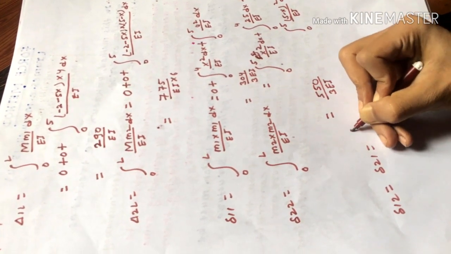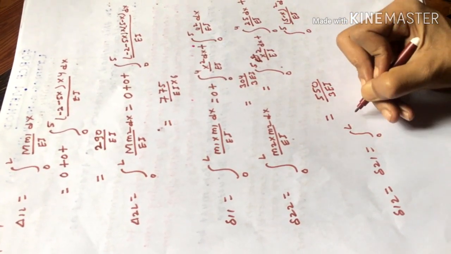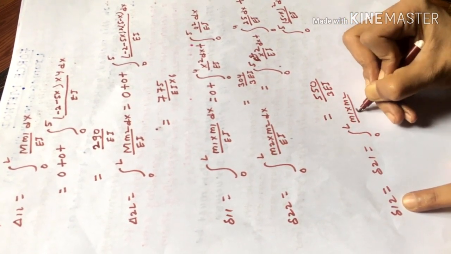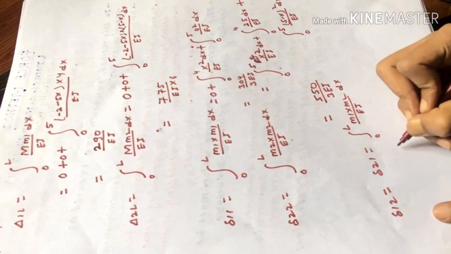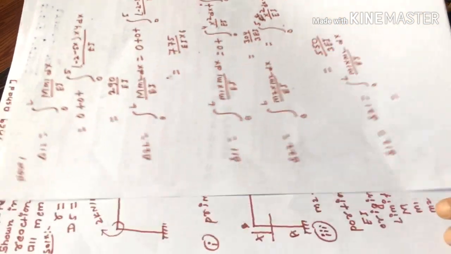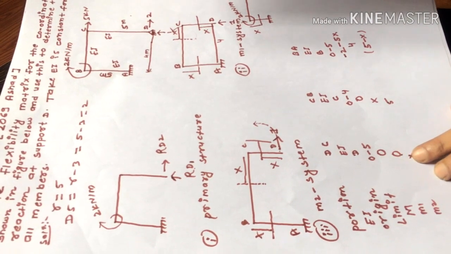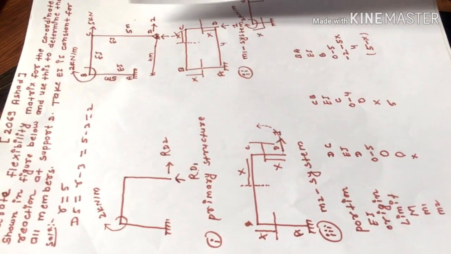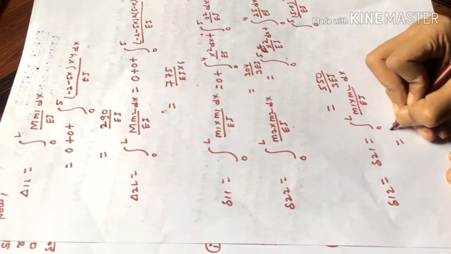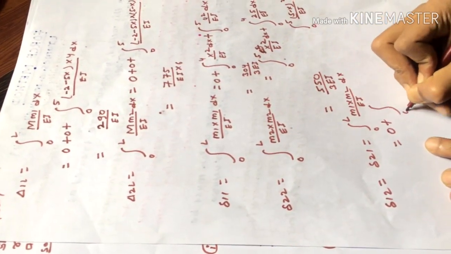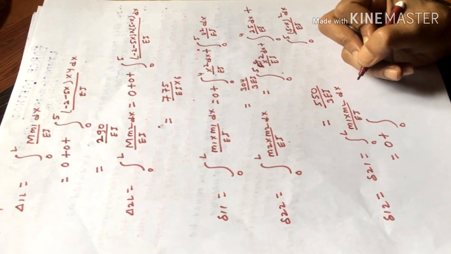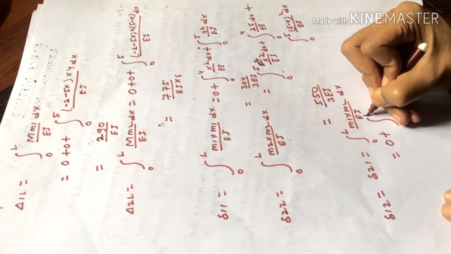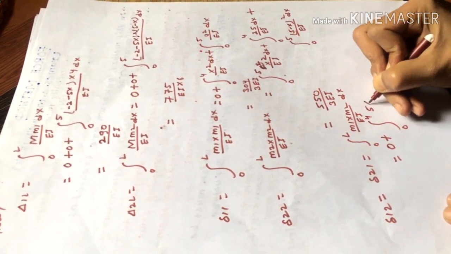Next, we have to calculate Δ12 and Δ21. According to the formula, 0 to L, Δ12 is equal to the integral of m1 into m2 divided by EI dx. Now let us put in the figure, m1 into m2 means 0 into x, x into 5, 4 into that. So for portion DC it becomes 0. And next, 0 to 4, 5x